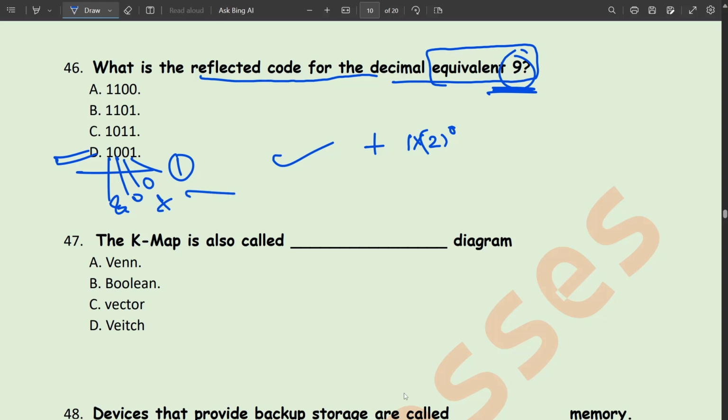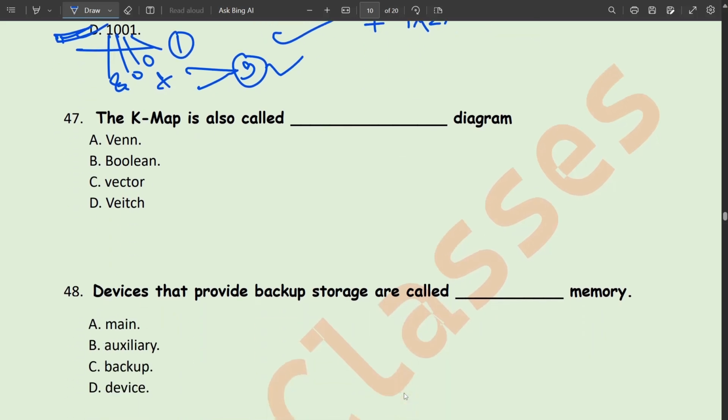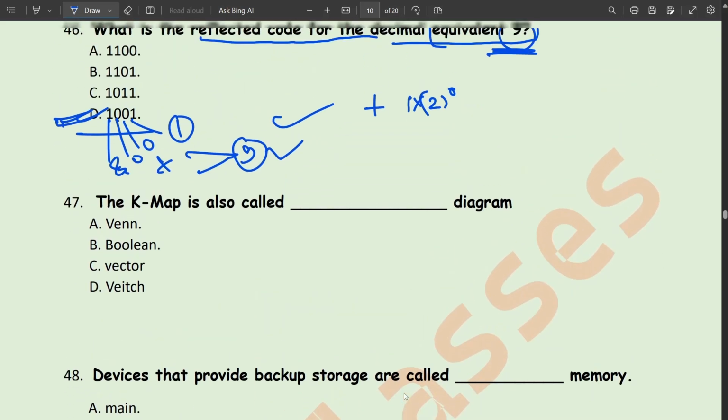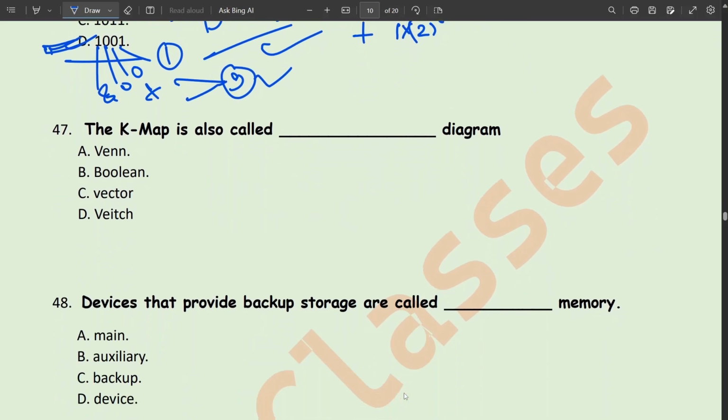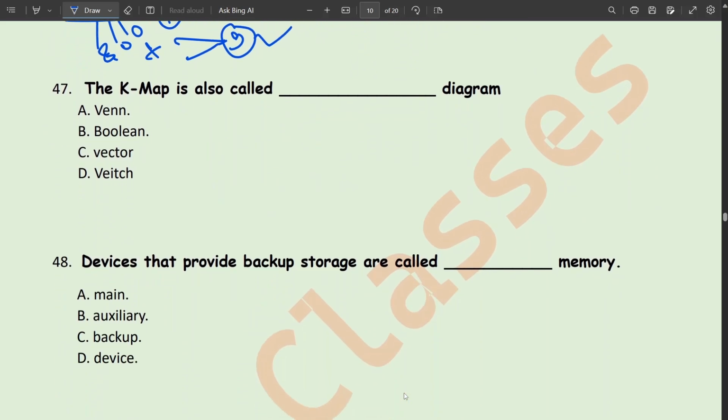When you add, you will get 9. This is your answer. So this is the code. Next, I can make a separate video on converting into binary, so you can watch that. So next, the K map is also called